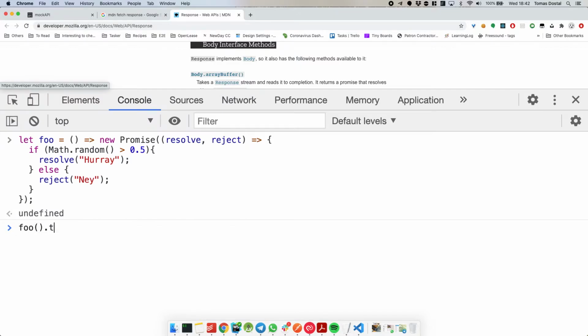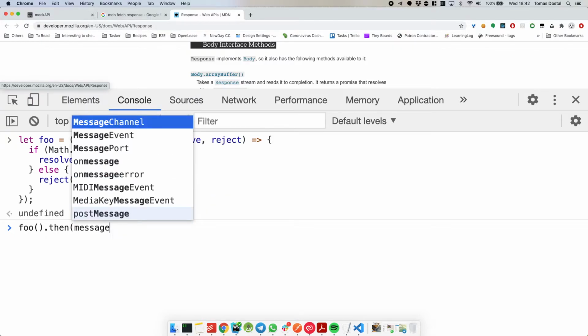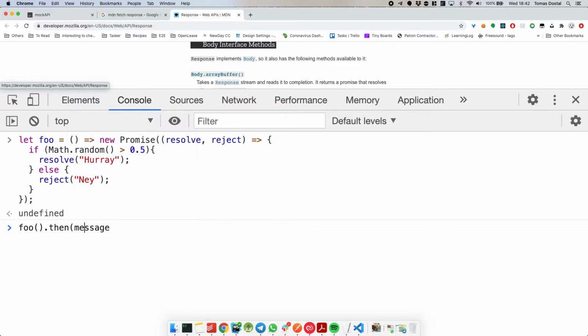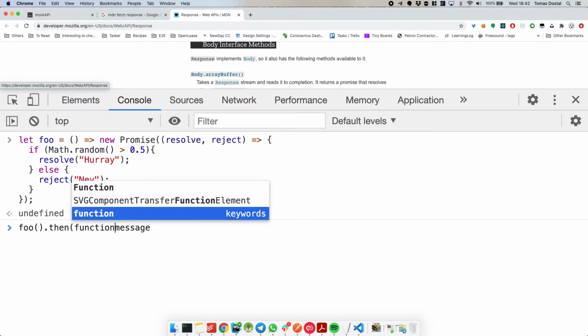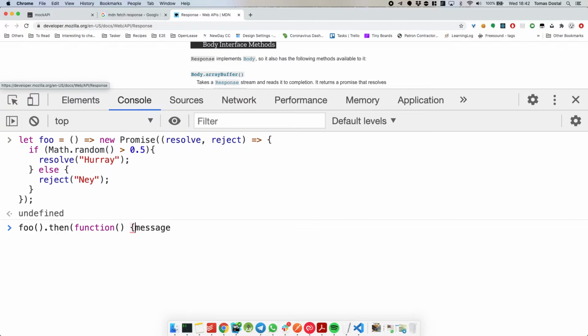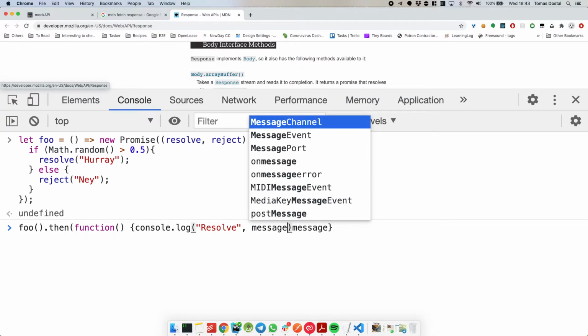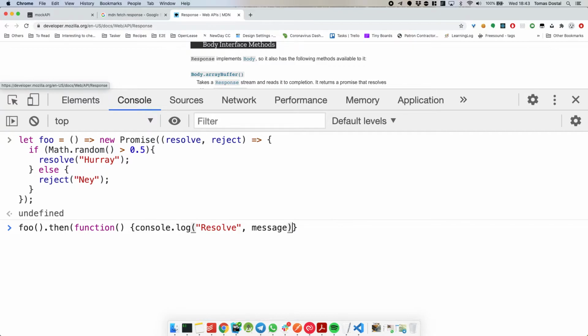we can say then, message, for example. Let me just write it out again. Here you go. So this is our successful callback.